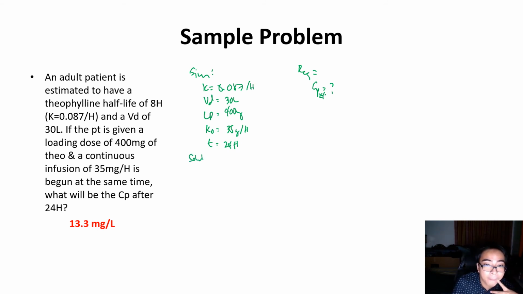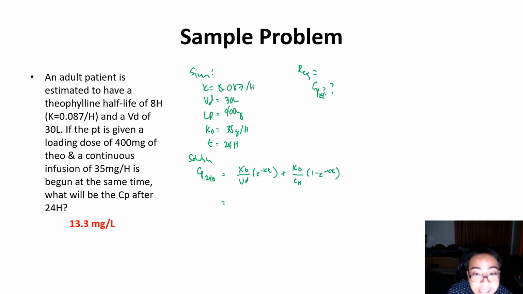So solution, CP after 24 hours equals, so sa loading dose, that will be dose over VD times E negative KT plus IV infusion, which is K sub 0 over clearance. It's 1 minus E negative KT. Okay. Ang dose natin is 400 milligrams divided by VD ko is 30 liters. Times E negative 0.087 times 24. So, hindi na mo susulat ng ano. Okay. Para alam ko na ito ay IV push, ito ay IV infusion. Plus,